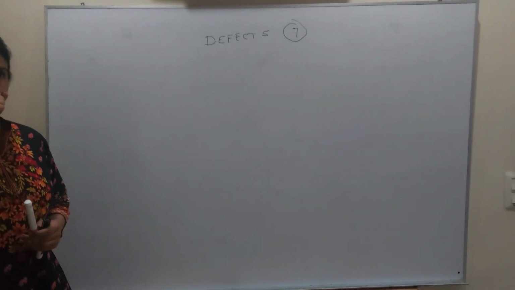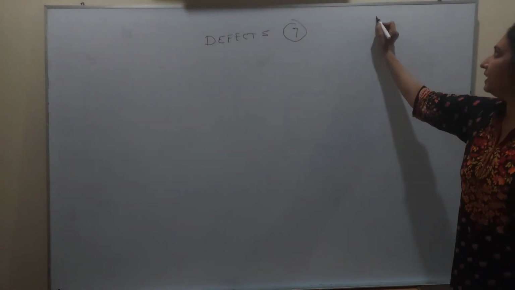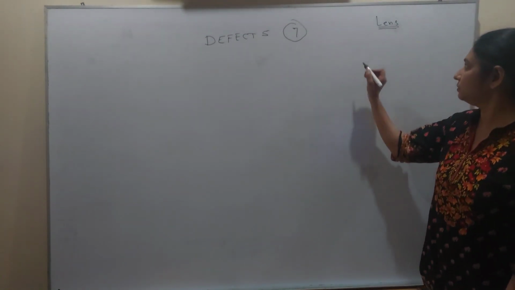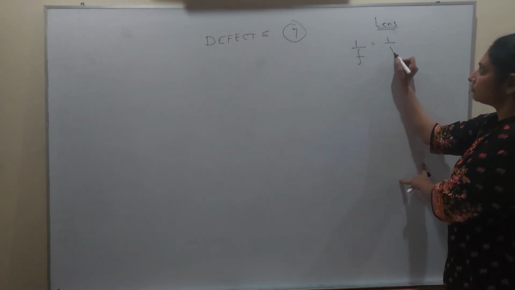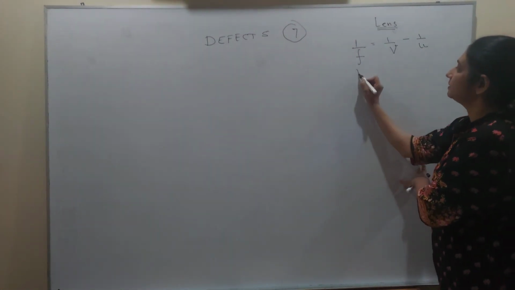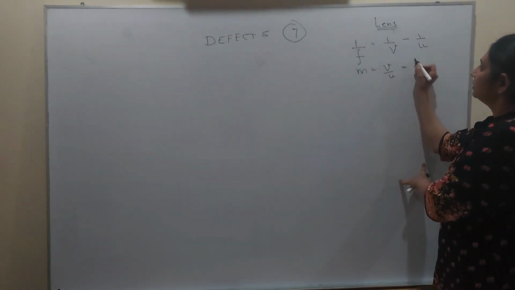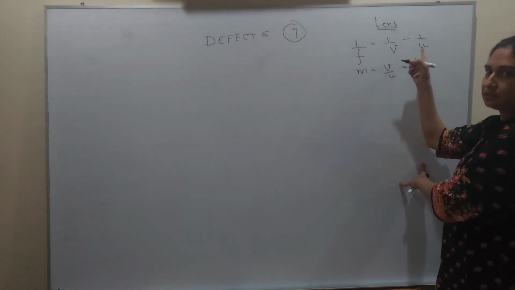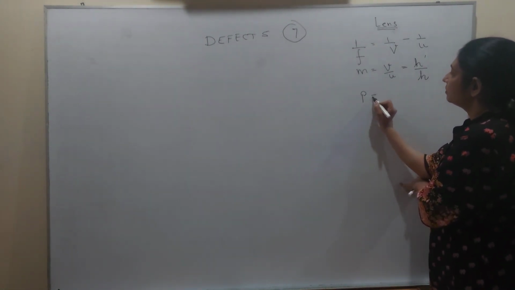So okay, first we do the basics of lens. Any lens, just the formulas. Any lens, what are the three basic formulas that we always use? The three formulas that are used for lenses are these. I'm assuming you are familiar with the meanings: focal length, image distance, object distance, magnification, power.